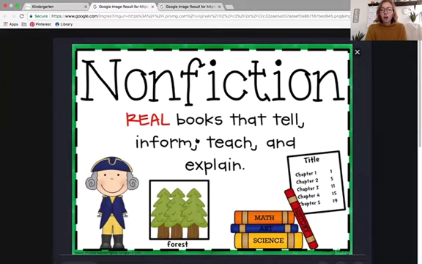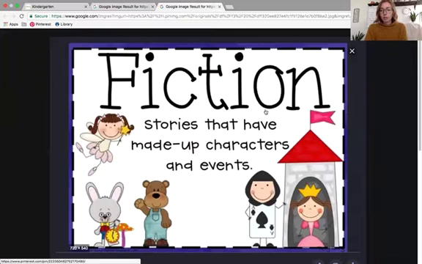If you're reading a nonfiction book, they're about true things, true facts that have really happened. Nonfiction, not fake. Fiction are stories that have made up characters and events. Fiction is fake fantasy.